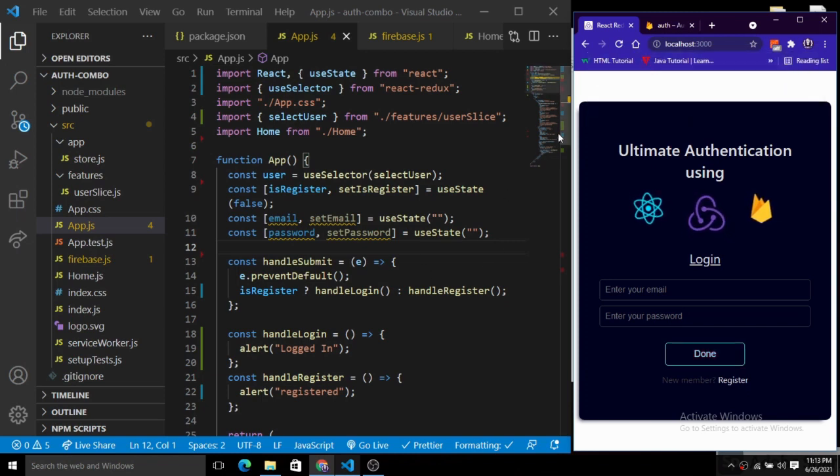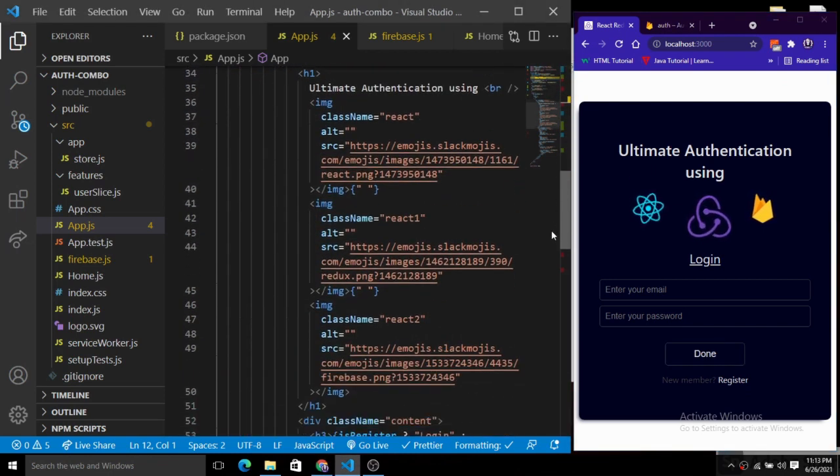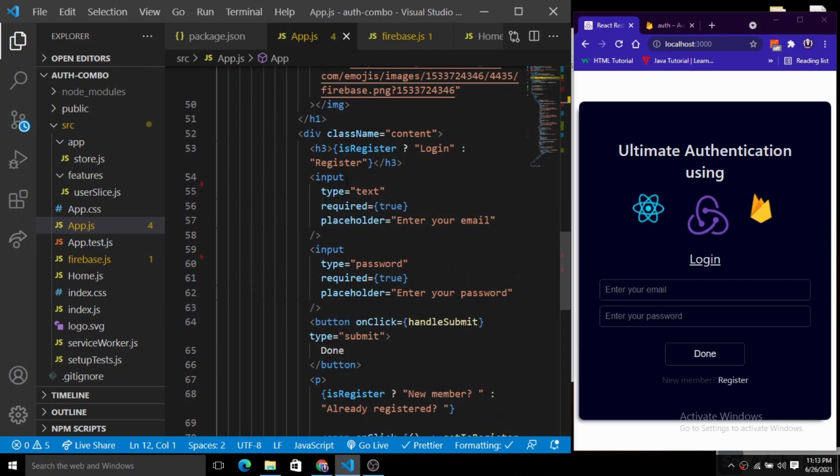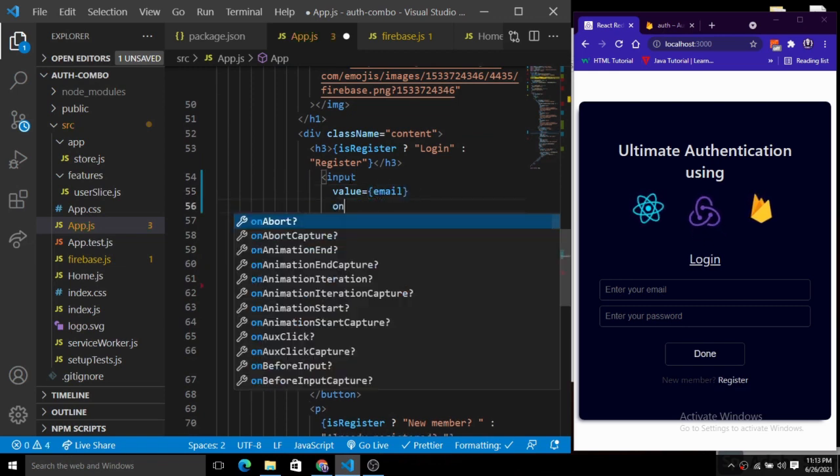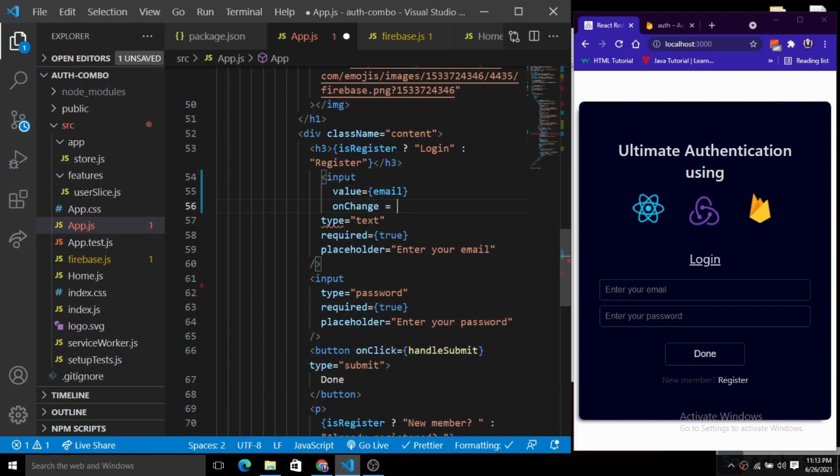Now let's set the email and the password here. It is very easy. Inside of this input, we provide a value, which is just email, and we add an onChange property. When we change this, we update the email state.